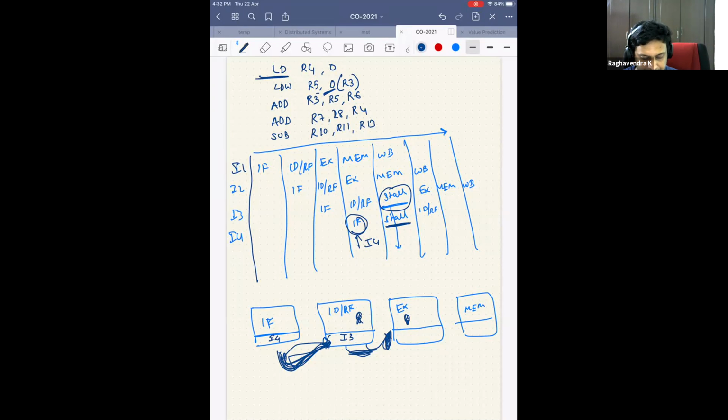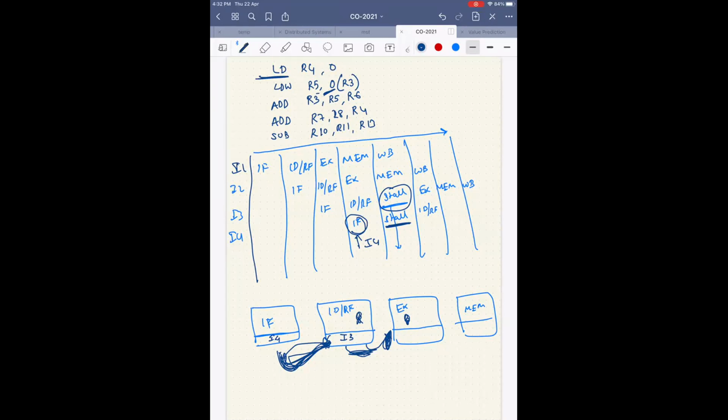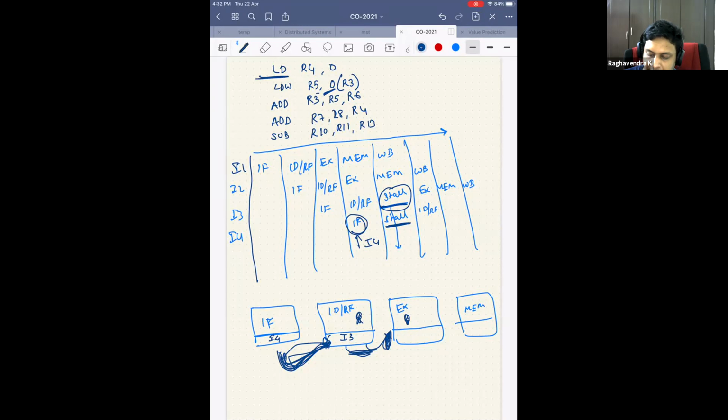But in the instruction 3 stall stage, will the execute occur? One execute will occur in the stall cycle? No, here it will not occur. It cannot occur, because this execute is waiting for the right value, and that right value will be available only here. So your guest is waiting for somebody else to come up with something.